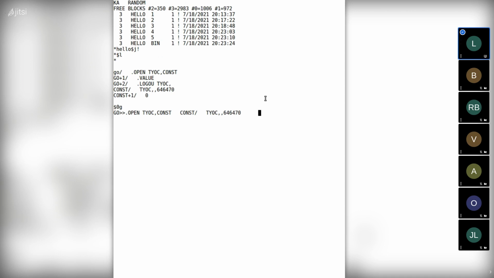But if I type a single quote, DDT will convert it to the 6-bit ASCII subset, and we can see the TTX string we passed in, so that looks right. So let's single step this. And we didn't get a skip return, but we got the .value system call.